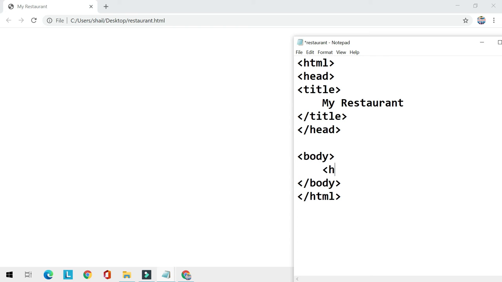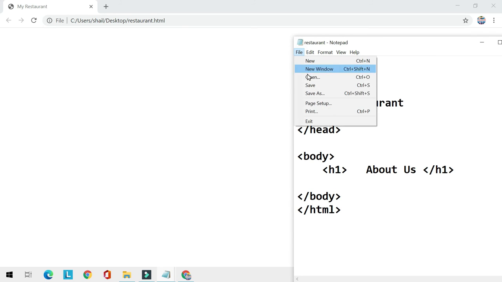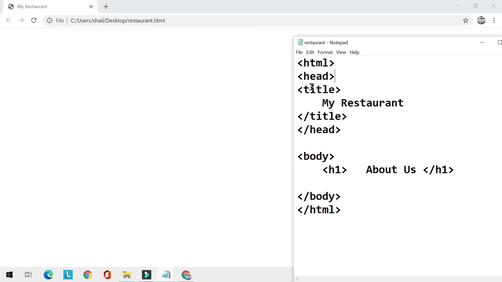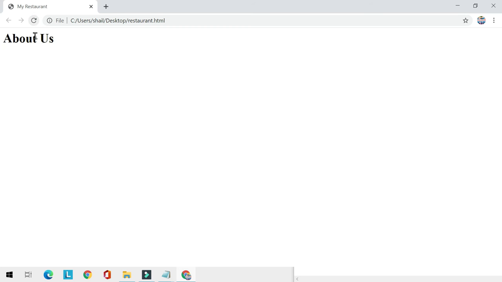For that we will use H1, and within this one I will write about us. Just press Ctrl S, or you can go to file and click save. This file will be saved, and come to the web browser, just refresh the page. Can you see, the about us heading is coming.